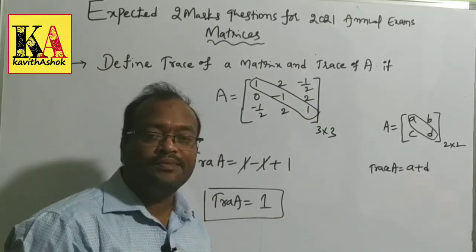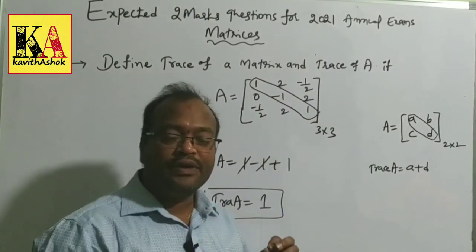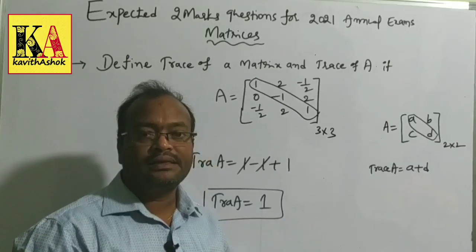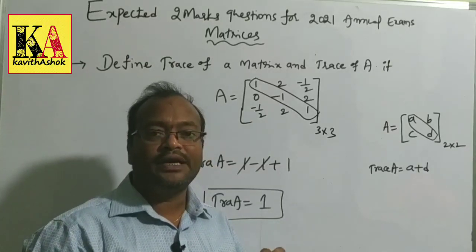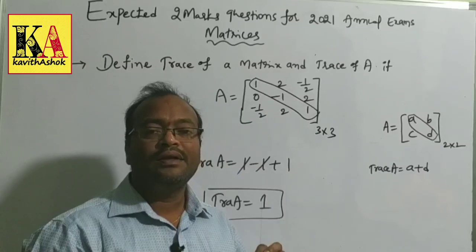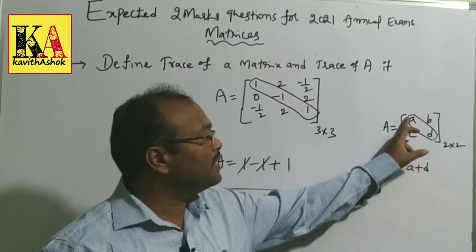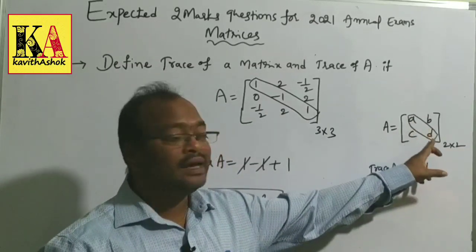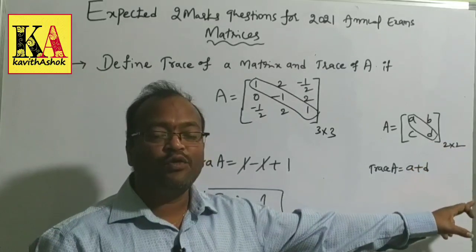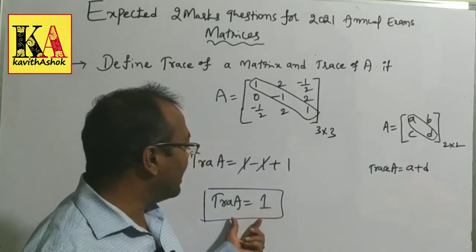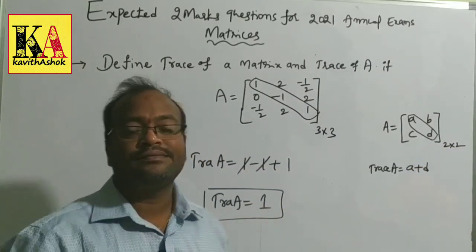Once again, trace of the matrix in the sense, if the given matrix is a square matrix, the sum of the elements in the principal diagonal is called trace of the matrix. Principal diagonal in the sense this one, a11, a22, a33, a44, like that here. So here we calculated the trace like this.